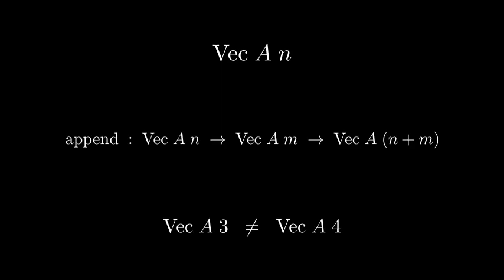The type literally says, appending a vector of length n and a vector of length m yields a vector of length n plus m. If you implement this and get the arithmetic wrong, the type checker rejects it before the program ever runs. To express types that mention values, we generalize the function arrow A to B into a dependent